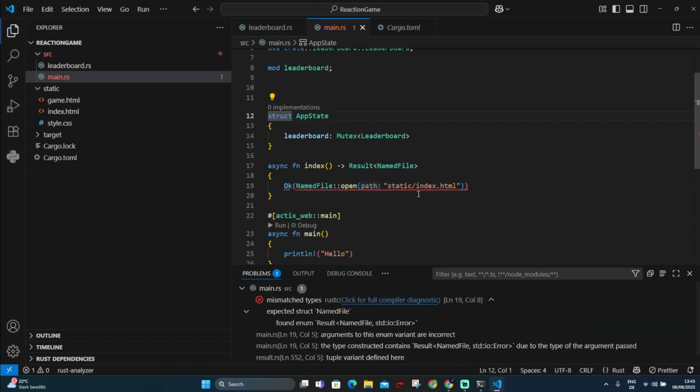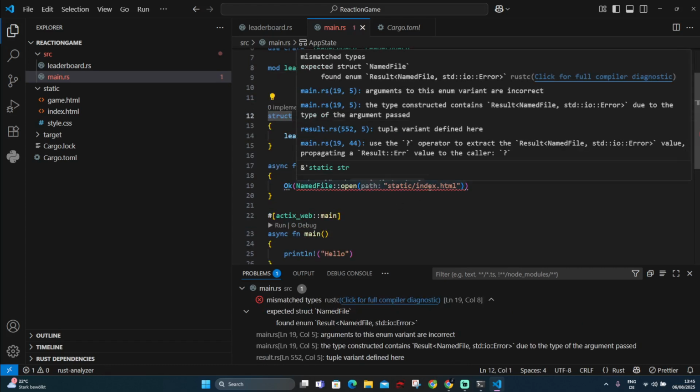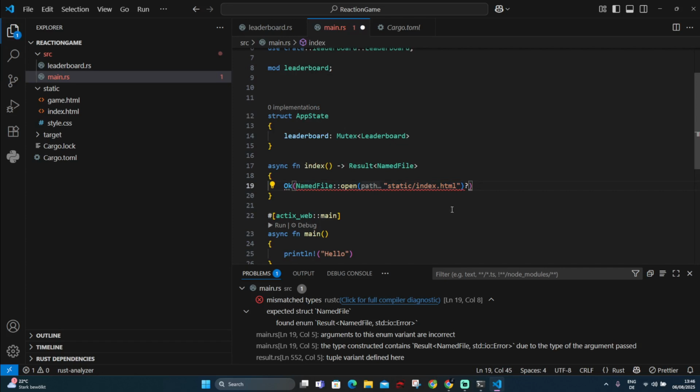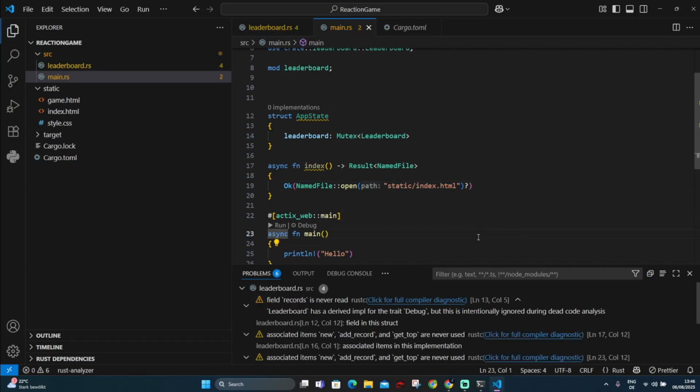Now it's okay. So this is what we are going to do. It again says an error, mismatched type, Result, and it should just provide an Ok. What I can do is also use unwrap, or I have to use the question mark. Perfect. Right, now this is fine. We have created our